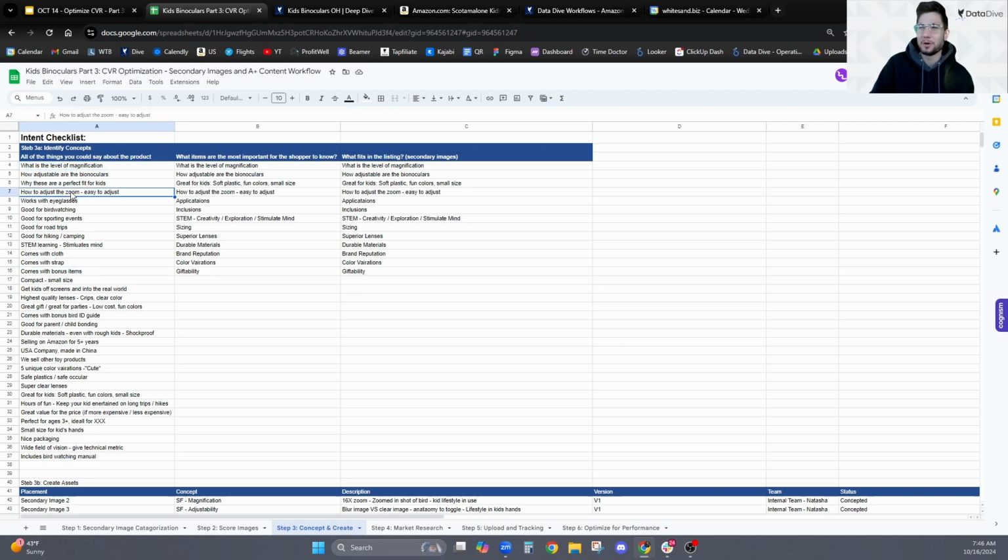So things like how to adjust the zoom of the product, that it's easy to adjust, that it works for different applications from bird watching to road trips, that this is great for STEM learning and it stimulates the mind, that it comes with a cloth, it comes with a strap, that it has a small compact size, that our brand has been selling toys for more than 5 years, that we're a USA company, even though we're made in China, that we have 5 unique color variations, that it's perfect for ages 3+ and it's ideal for whatever age,